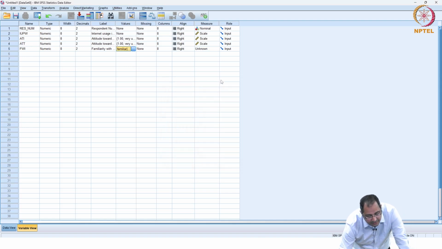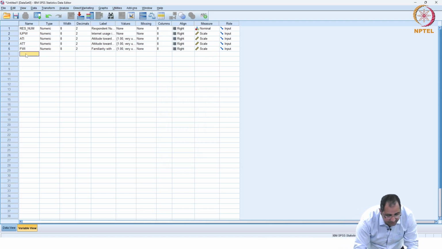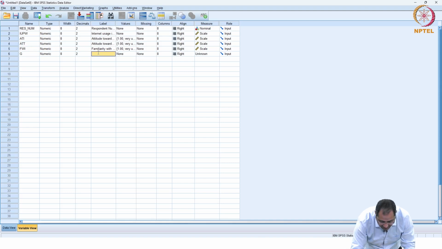So once you do that, again select the scale, familiarity with the internet. The next one is gender, name is G and label is gender,